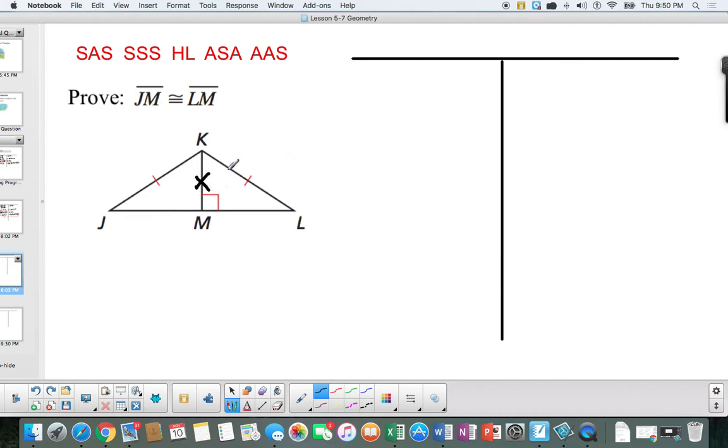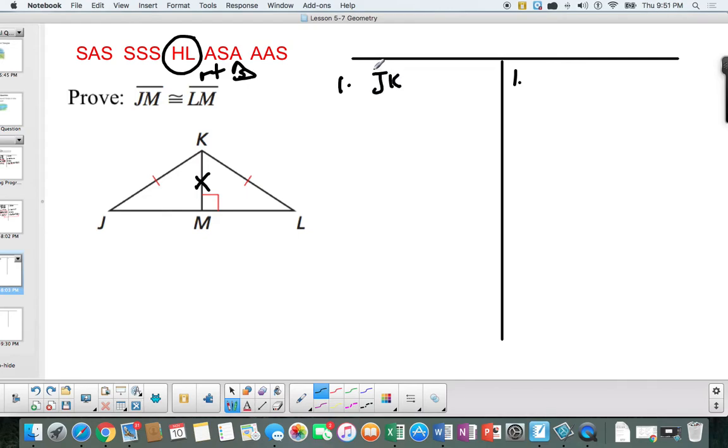So I see a hypotenuse pair and I see a leg pair. So I'm going to try for this one right here, HL. Now remember, HL is for right triangles, so be very careful and make sure you show right triangles. Okay, so step one, I'm going to write that